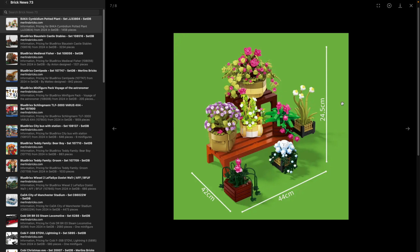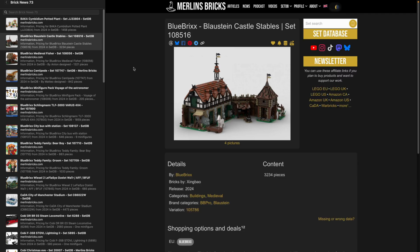So if you want to get started with collecting these kind of plants, we will actually talk in a second also about what Lego has now to offer with the new Botanicals line, or the renamed line of botanicals. I think this could be a very cost-effective way to get a lot of plants going. Anyhow, with that, we're moving on to BlueBrixx, and here we have the Blaustein Castle Stables